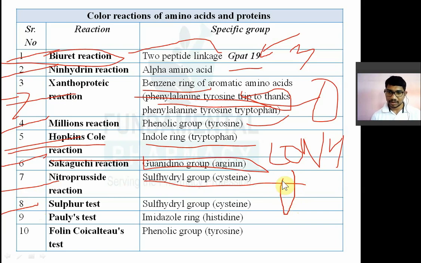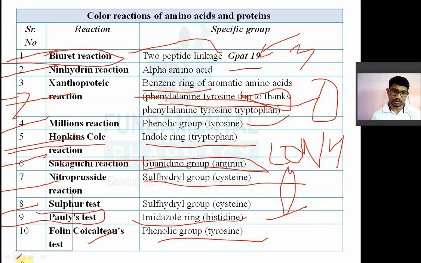इसको कोई ट्रिक बनाओ, अपने हिसाब से कुछ ट्रिक्स बना सकते हो, या फिर जैसा है वैसा ही। इसके ऊपर कम से कम 3 बार GPAT में क्वेश्चन आ चुका है। देखो इसमें 2-3 टाइप के क्वेश्चन पूछ सकते हैं आपको। तो डायरेक्ट क्वेश्चन भी आ सकता है, या फिर मैच द फॉलोइंग कलर रिएक्शंस विद देयर रिस्पेक्टिव अमीनो एसिड। तो एक कॉलम में देंगे आपको ये रिएक्शन, एक कॉलम में देंगे आपको अमीनो एसिड और बोलेंगे फाइंड द करेक्ट मैच।